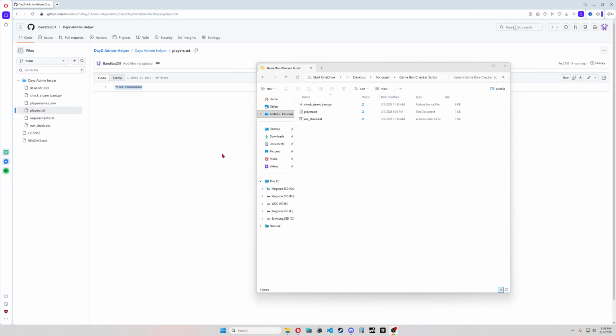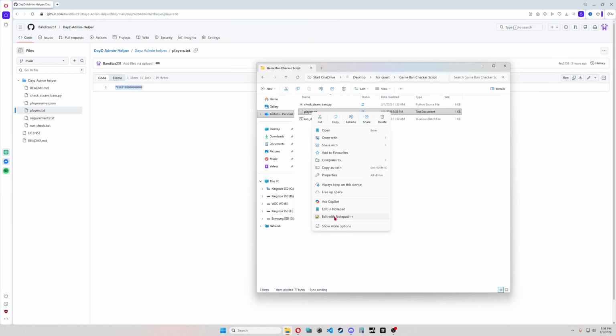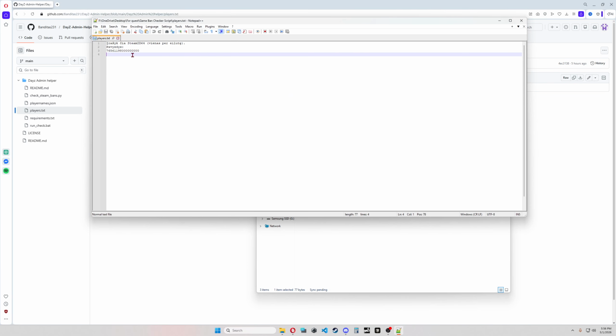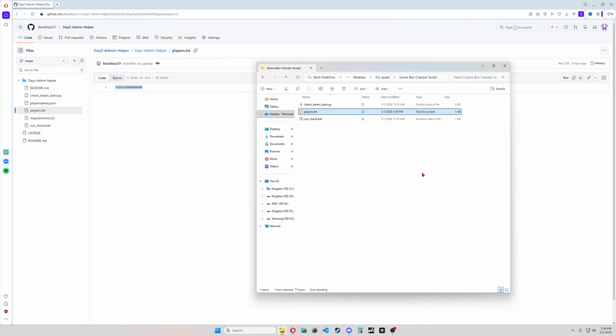So I also have in the admin helper a players txt. Here it's one ID. You can use this one, just copy, open the players text with your editor, just paste, save. You can close this now. As you see, I have only players txt, so I can drag and drop, but also I can double click.